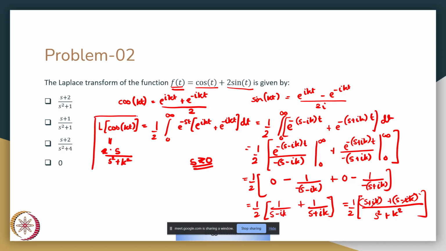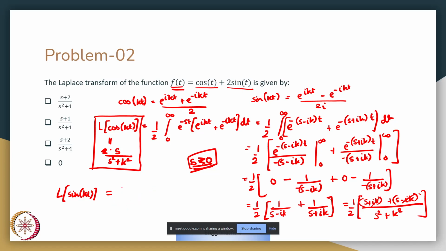This is the Laplace transform of cos of kt. Similarly, if we repeat this procedure for sine of kt, we will get the Laplace transform of sine of kt. The only thing that has to change in the derivation is how we input the formula. So you would have 1 upon 2i (e raised to ikt minus e raised to minus ikt). And then again we substitute the limits with the condition that s is greater than 0, which should give us